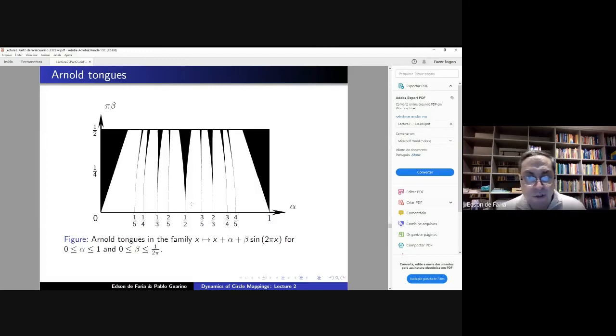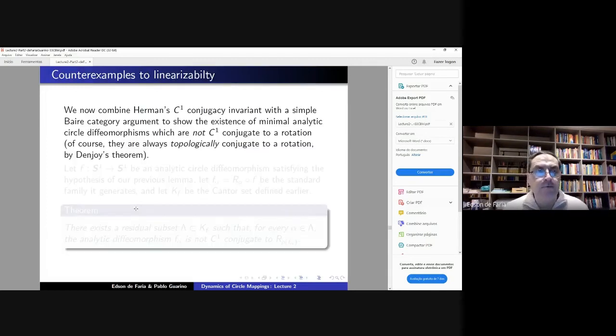So that's the picture. Like I said, it took 2 hours for this thing to run, and I'm still not entirely happy because, as you can see, these lines that appear here should be smooth lines, actually, okay? But they appear a little jagged at the bottom, at the places where they're really narrow, okay? Anyway, so that's the intermezzo about one-parameter families. So now we can talk about counterexamples to the linearizability, okay?